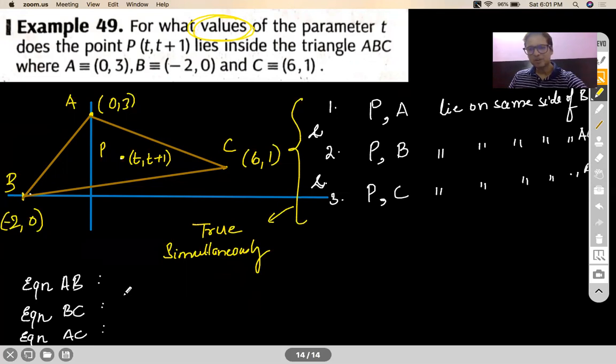Once you have found your AB, BC, and AC, put it on the chat so that I can confirm and give you a go ahead. Yeah, Pranav, what is the equation of AB? Do you mind typing it on the screen? AB equation you should be getting as 3x minus 2y plus 6 equal to 0. Are you getting this?